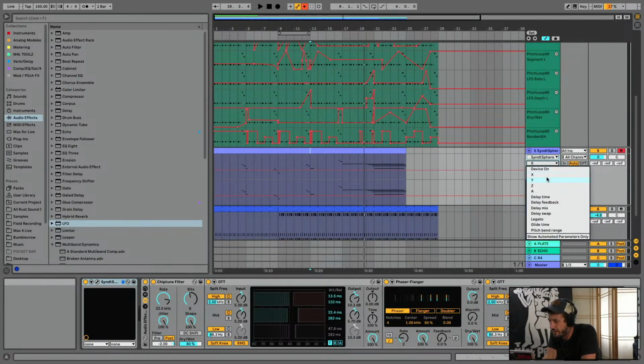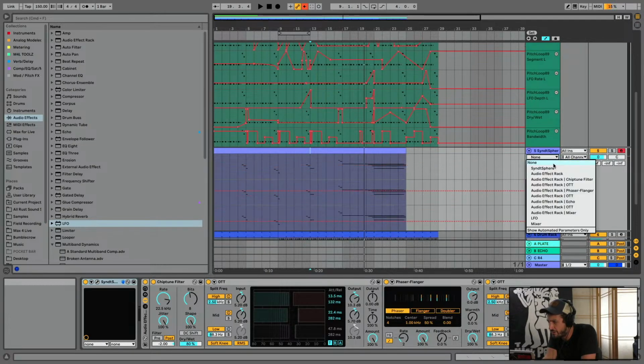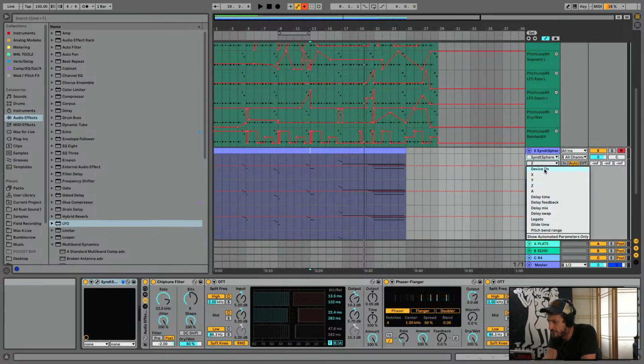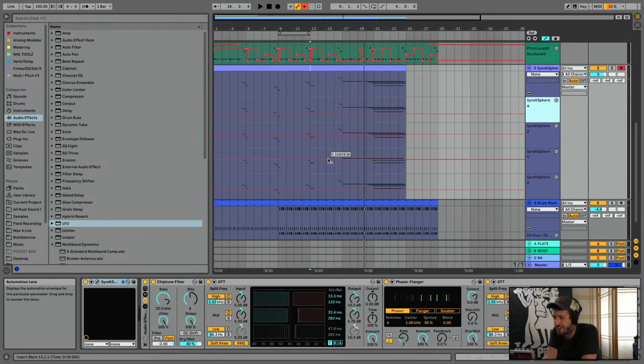So here I'm gonna do another. This is sort of an intuitive kind of thing. I don't really know what these parameters do. The whole purpose of this plugin is to not know what you're doing and use these things to physically navigate around this space. So I'm gonna lose these settings if I start doing that. So I'm just locking down some automation.